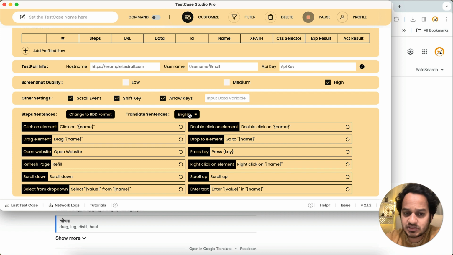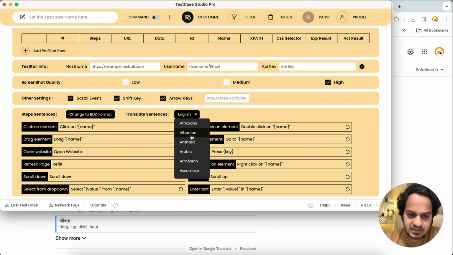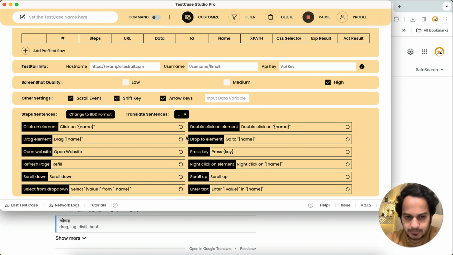Now in which language do you want it? Here you see English, and by default English will be there. Here you have all the languages which are possible. So you can just select any language in which you want to record. For example, if I take Hindi, I can just select that language, and you see